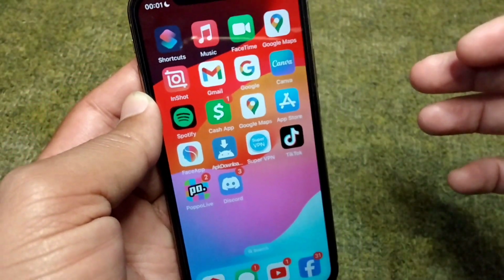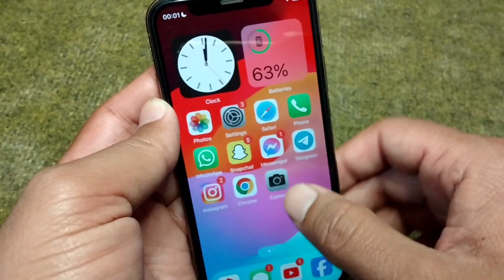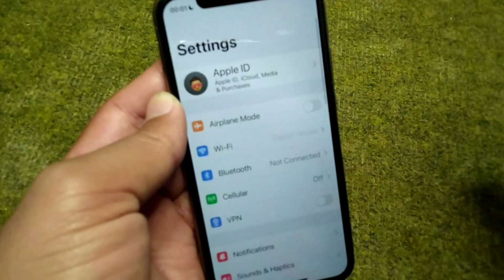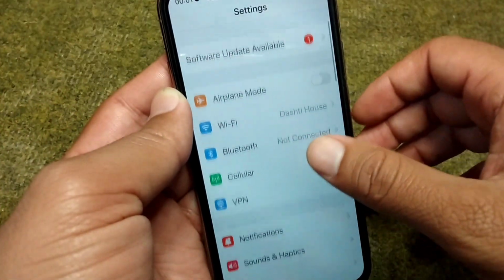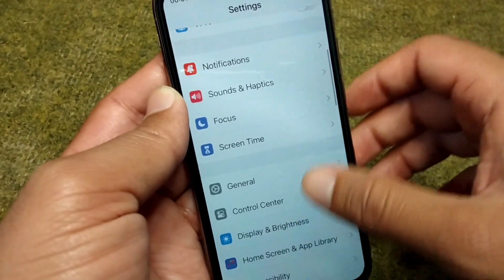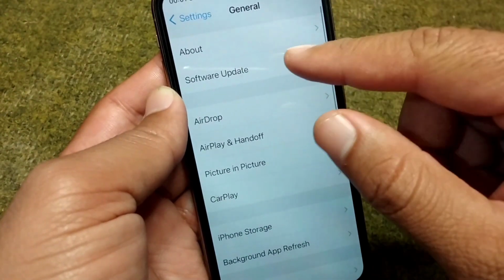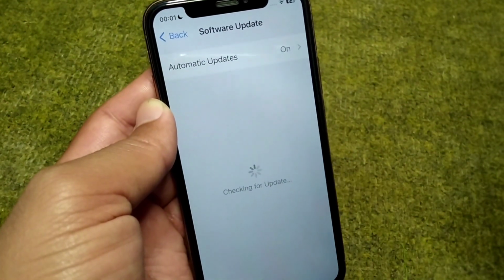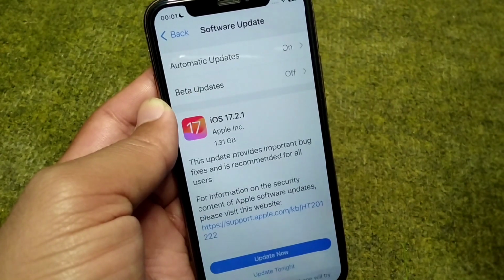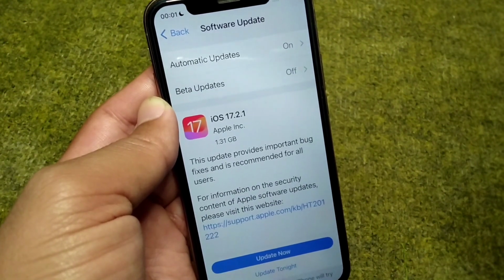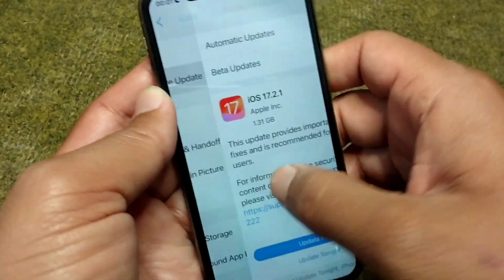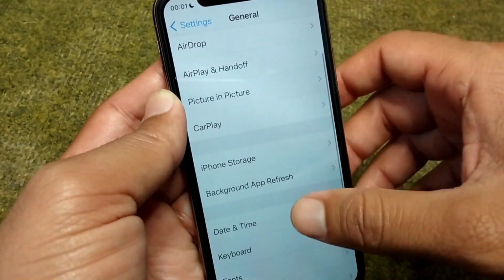So guys, for that simply go back to your home screen and now open Settings on your device, and from here scroll below. Tap on General, tap on Software Update, and make sure that you are using the updated version of software on your device. So I do this, and after this go back, and from here scroll below